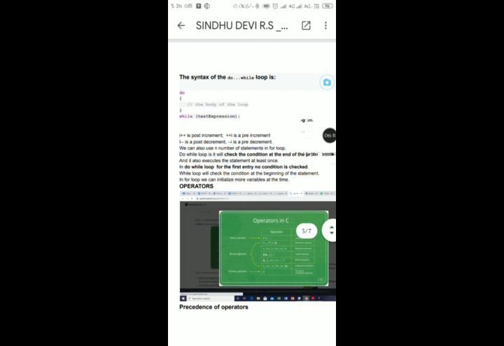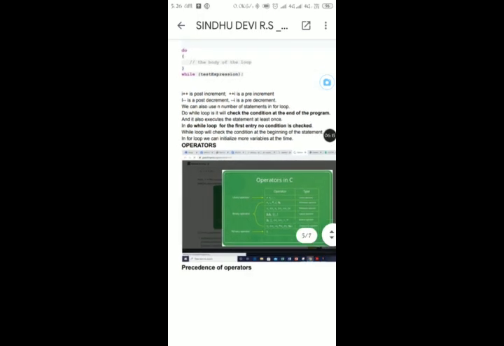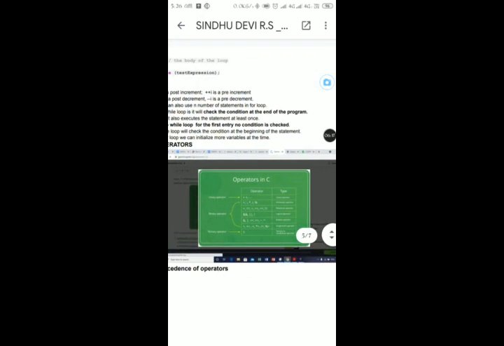Operators in C are classified into three types: unary operator, binary operator and ternary operator. Unary operators are plus, minus, plus plus, minus minus. Binary operators are arithmetic operation, relational operation, logical operation, bitwise operation, assignment operation.